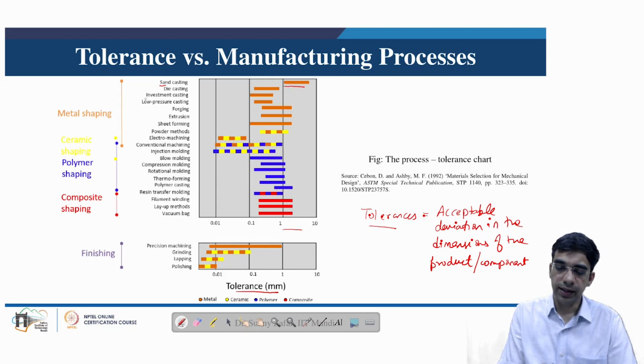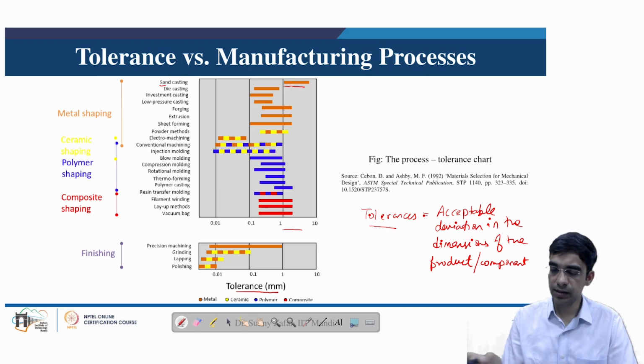And if you look at the example of investment casting, we have seen it can manage components up to 100 kilograms, but it can provide tighter tolerances ranging from 0.1 to 1 millimeter. And certainly there are other processes where, depending on optimization of their process parameters, we can reduce the tolerance further. For example, in conventional machining, by optimizing the process parameters and selecting the appropriate tool, we can have very tight tolerances, or in nominal conditions they can also provide a broad tolerance range.